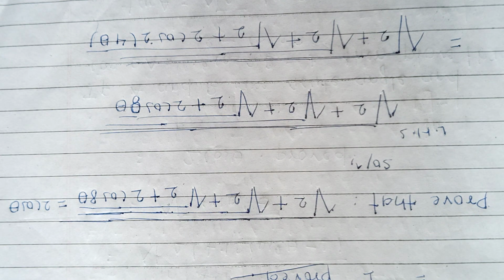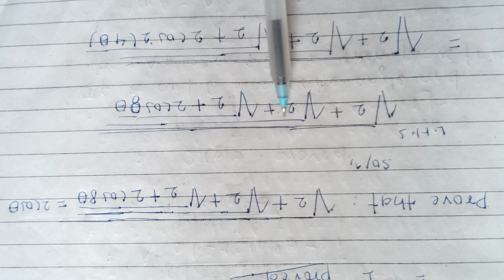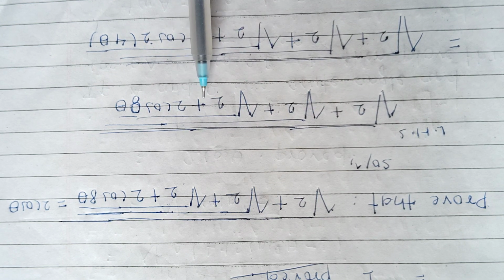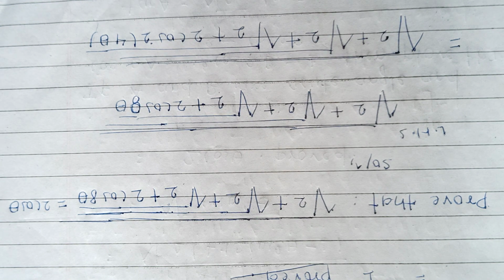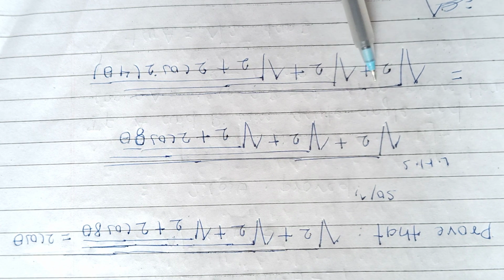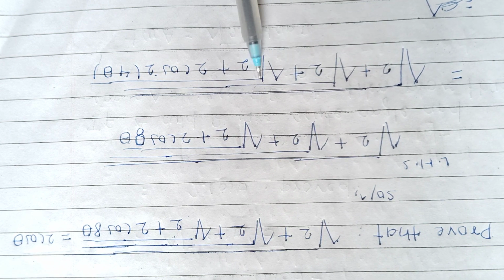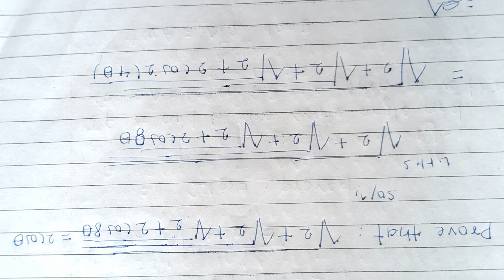And then LHS: root under 2 plus root under 2 plus 2 cos 8 theta, and that is the LHS. And then root under 2 plus root under 2 plus root under 2 plus 2 cos 2 theta. And after that